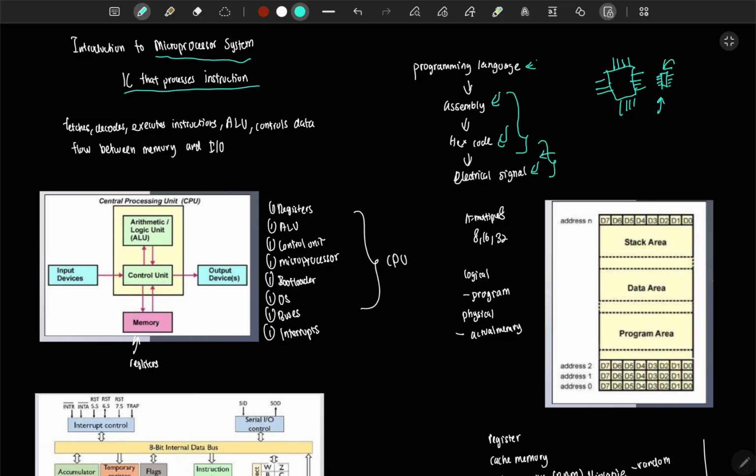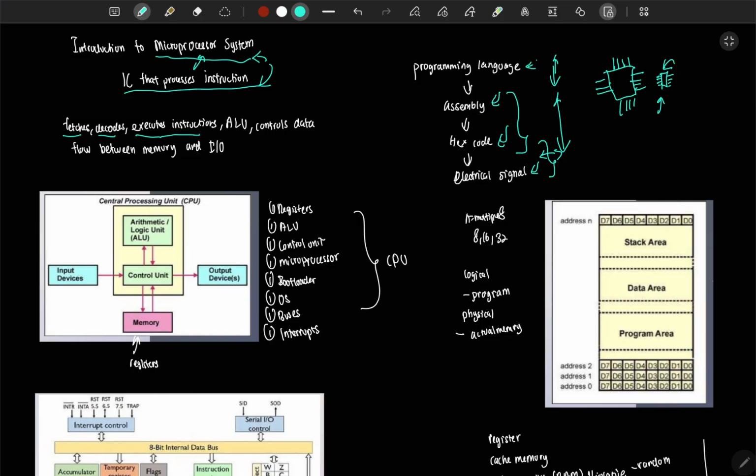So here in the electrical part it's already analog electronics, whereas here it's digital electronics, and above it is all the stuff that we study in algorithms, programming, and so on. Okay, now a microprocessor system is a system where the IC is processing the instructions. It's the microprocessor. Now, what it actually does is it fetches, decodes, and executes instructions, which means that if I